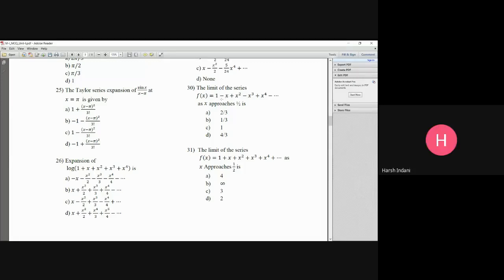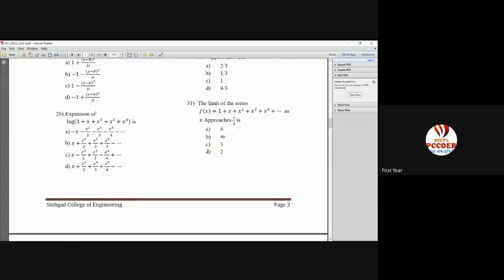2 by 3 is the answer. Everybody is getting it? Got it? Put this way: f of x is nothing but 1 upon 1 plus x. Then what you have to find is the limit as x goes to half. So what will that be? 1 upon 1 plus half, so 1 upon 3 by 2, and it will become the reciprocal, 2 by 3. That's your answer. Now this one, which has all plus signs, is 1 upon 1 minus x. Then you have to use 1 minus half, that is half, and therefore the answer will be 2. D option.